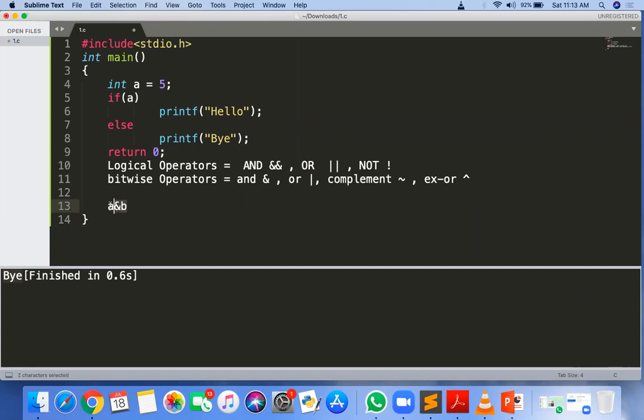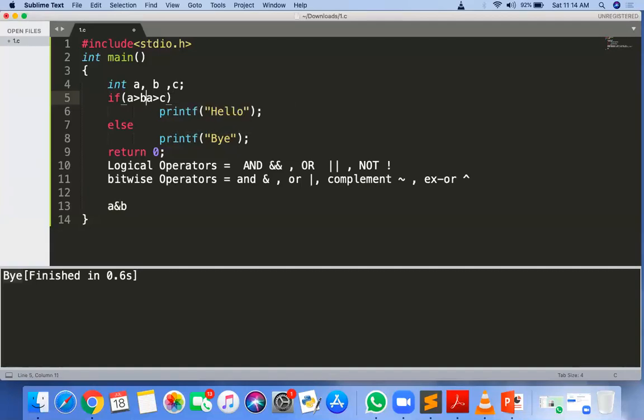But what about the logical operator, and when to use the logical operator? Okay, so a logical operator can be used, for example, when there are 3 variables and now you want to check which one is greater. My logic is very simple. If A is greater than B and if A is greater than C, both should be true. If both are true, then A is greater than both B and C. So I have to check these two conditions at the same time. So how to check it? A greater than B, and the second condition is A greater than C.